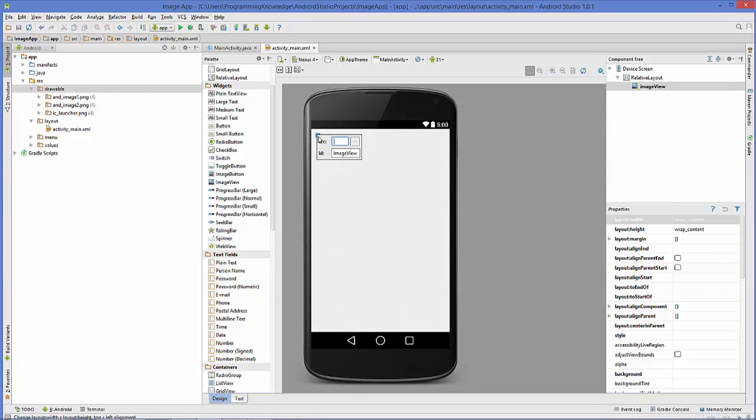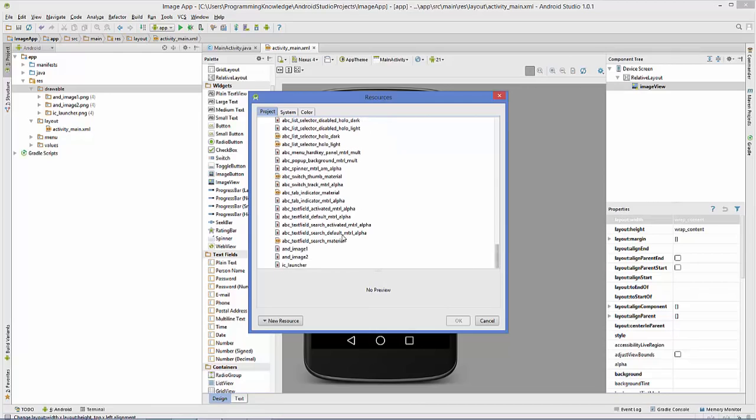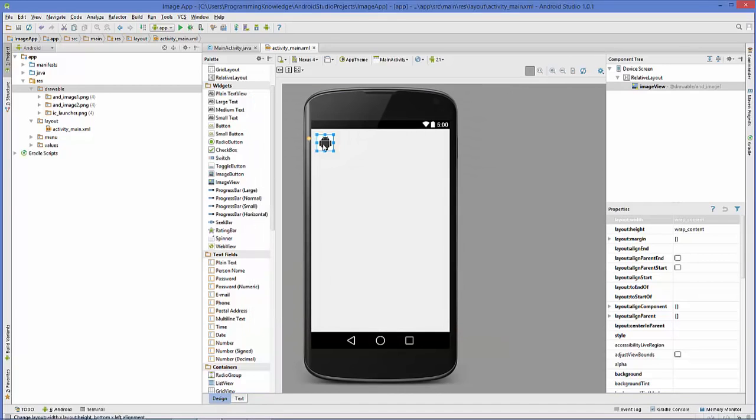So just double click this widget, and then in the source you just need to choose your source. So just click this small button at the side of the source, and in here you will be able to see at the bottom your two images, image 1 and image 2. Okay, so I'm going to choose the first image and click OK, and now you will be able to see